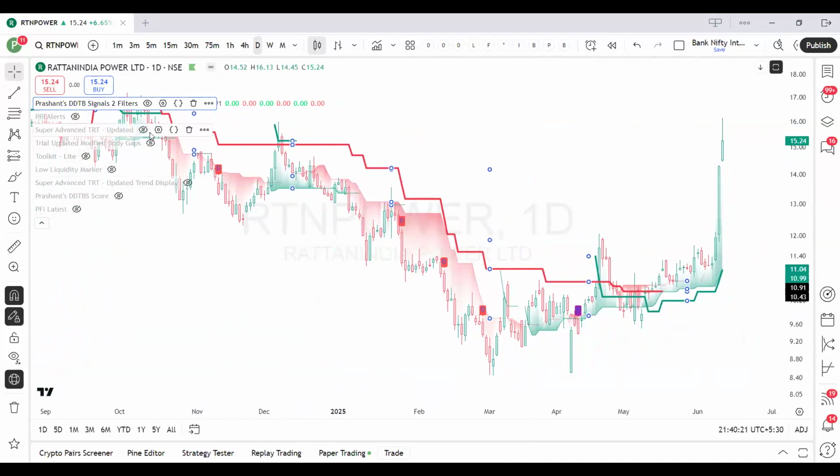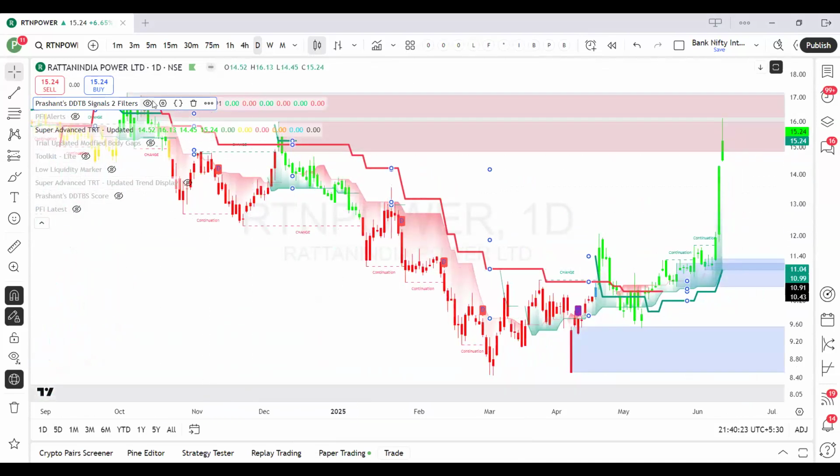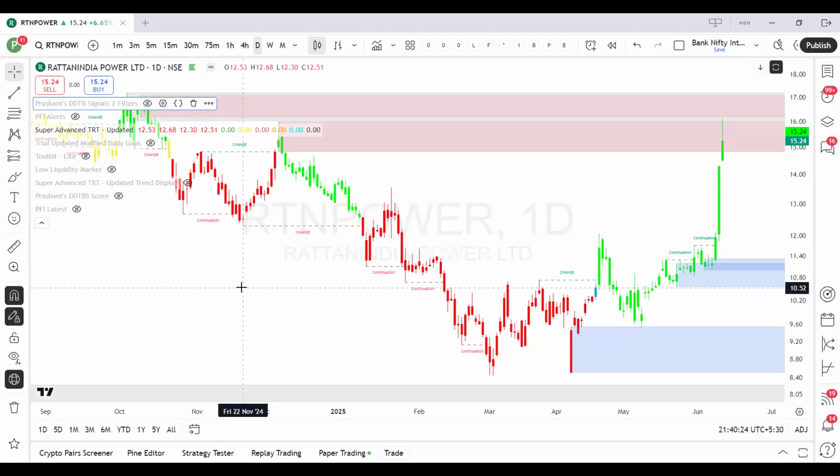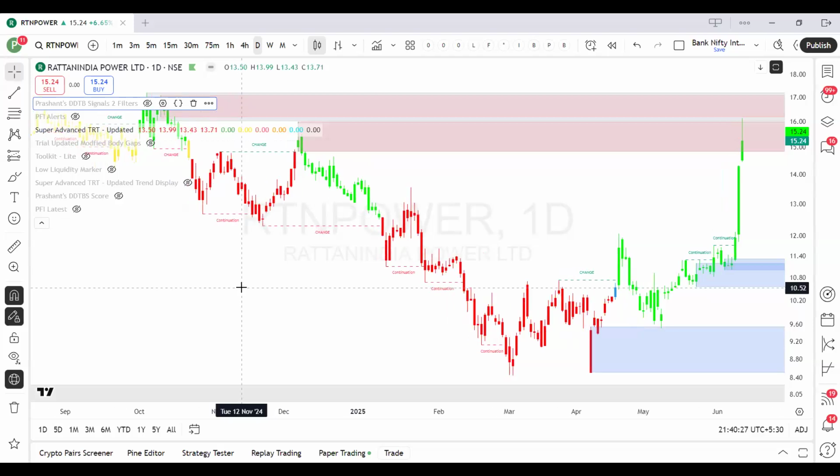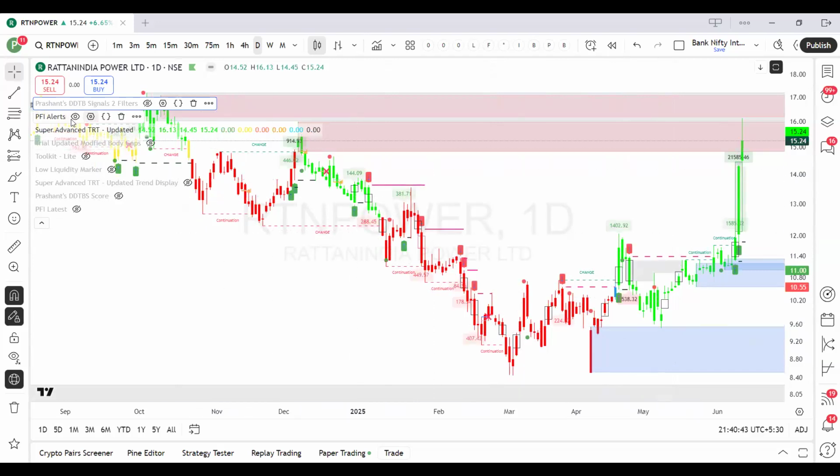Now I had shown you this. We have discussed setups based on this. And I had told you multiple times that it is better to avoid the first green, or always take a retracement entry on the first green. You can see there was a rise, price came to the buying area and it has given a nice retracement entry. I have told you based on PFI,